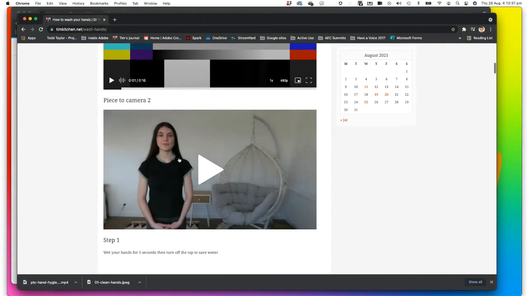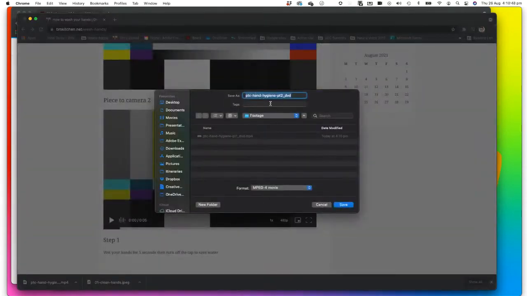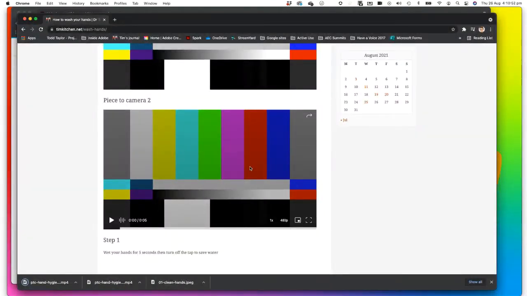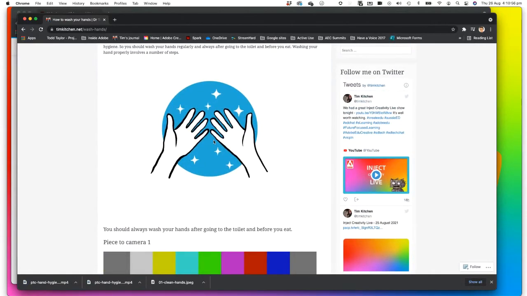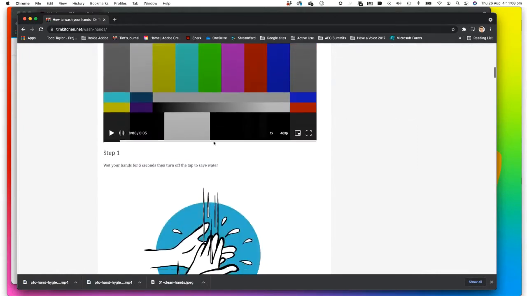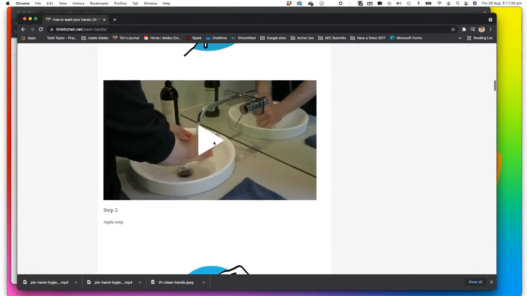Then do the same with the second bit of footage. Just start playing it initially and then pause it. Right click, save video as, and save that also into your footage folder. So in the next couple of minutes, hopefully you've saved 1 JPEG image, which is these hands, 2 video files, which are MP4 files, and then just keep going down through this resource page until you've saved as many assets